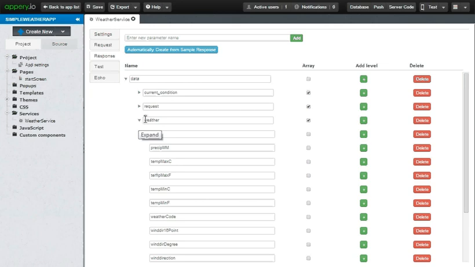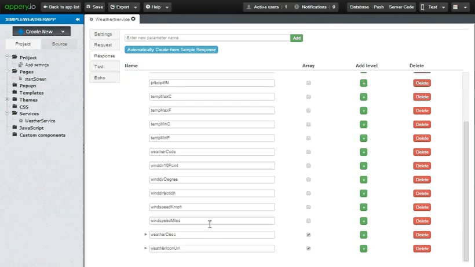So the weather is actually an array of size 5, and each object in that array contains all these things: temperature min in Celsius, Fahrenheit, the weather description, the weather URL, the weather code, all this kind of information about each of the 5 days. So we'll be using this.